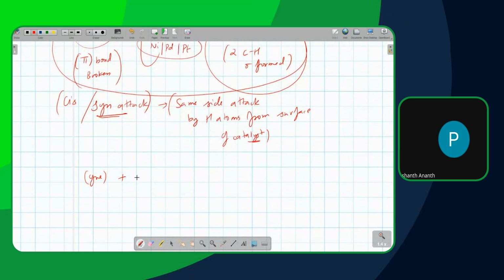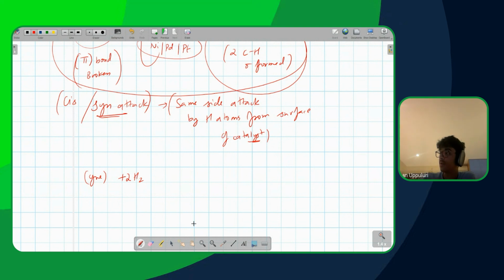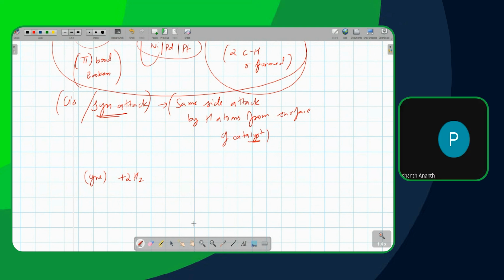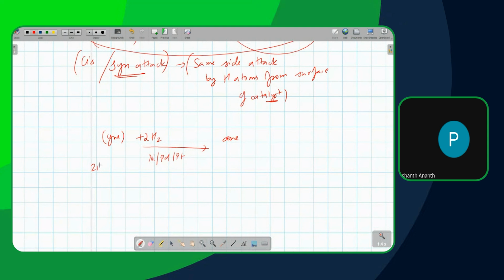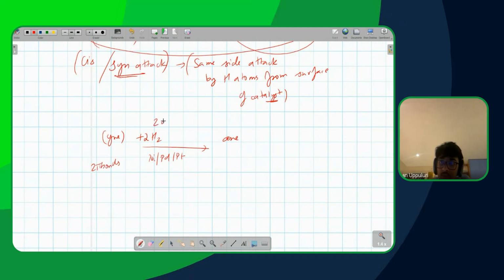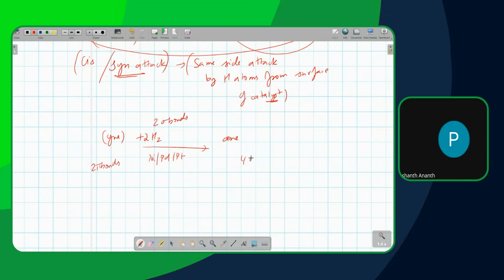So for iron, I'll have the same type of hydrogen here, 2 moles of hydrogen. First it happens with conversion. Technically, in this process it is always best to mention how to stop it at that stage. I'm sure your teacher will discuss that also. That would have been a more useful piece of information. So you can mention iron plus hydrogen in the presence of nickel or palladium or platinum directly gives you N. And we're going to have 2 pi bonds, 2 sigma bonds, and 4 sigma bonds over here.